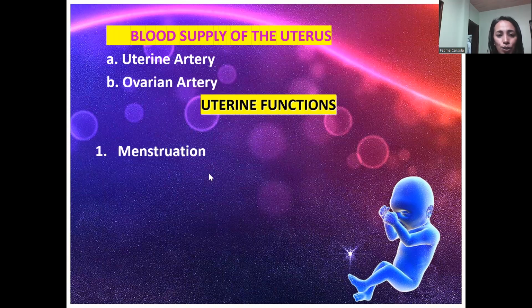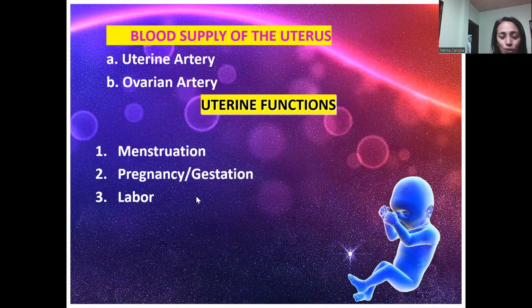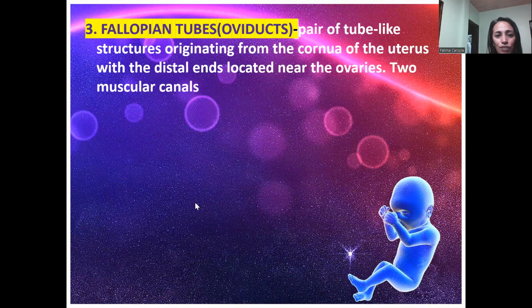And the functions of the uterus are for menstruation, as what I've told you a while ago. It's for pregnancy or gestation or the site of implantation. And of course, it is an organ for contraction or an organ for labor. So you would see na parang nireword lang siya, okay? Organ for menstruation, organ for pregnancy, gestation, or nidation, or conception, or it is an organ for labor. So those are the main functions of the uterus.